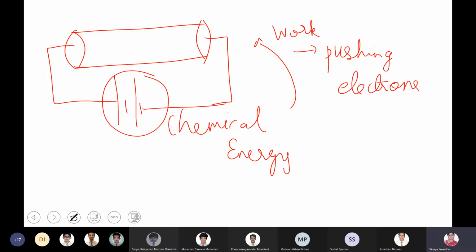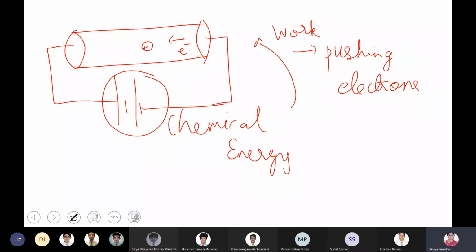Now, the question is, will the electrons flow freely? No. The reason is, as the electrons move, they collide with the positive ions, that is almost the nucleus of an atom. So as the electrons move, they keep on colliding with the positive ions of your material. Now, this collision is the reason for the resistance offered. Is that clear?